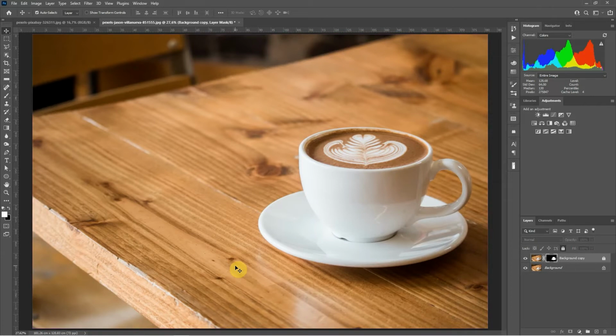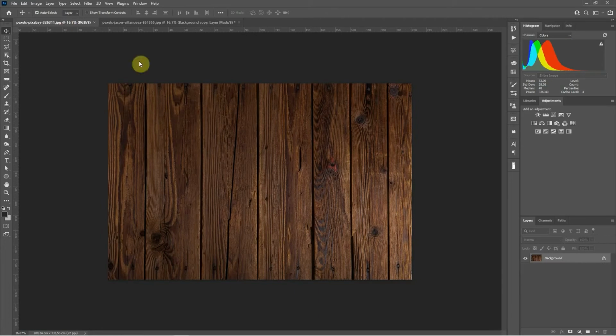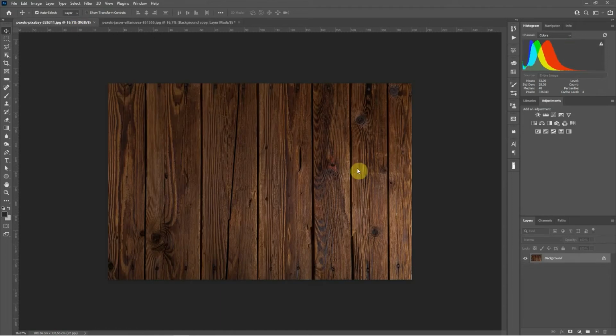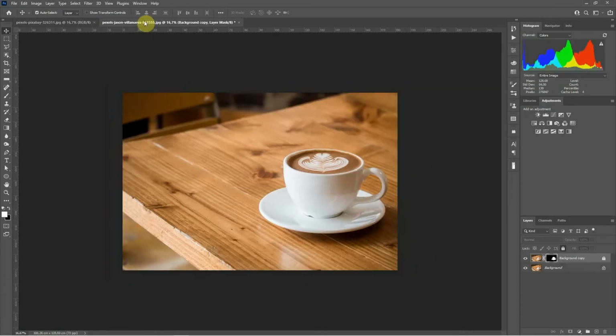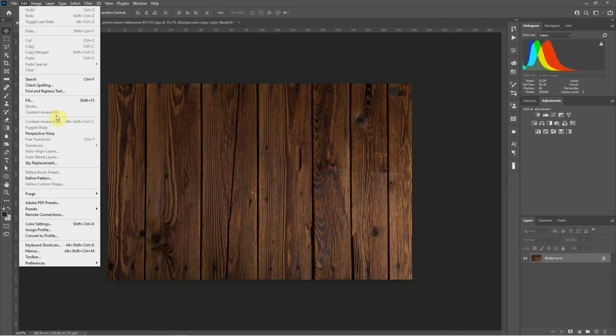What we might notice first of all with the wood layer is, okay, we know the light is coming here from the left. With this one we have down in the bottom right hand corner this brighter area. So perhaps we can use that to our advantage here and have that corner correspond to this corner here. In order to do that, we'll flip the image by going to Edit,